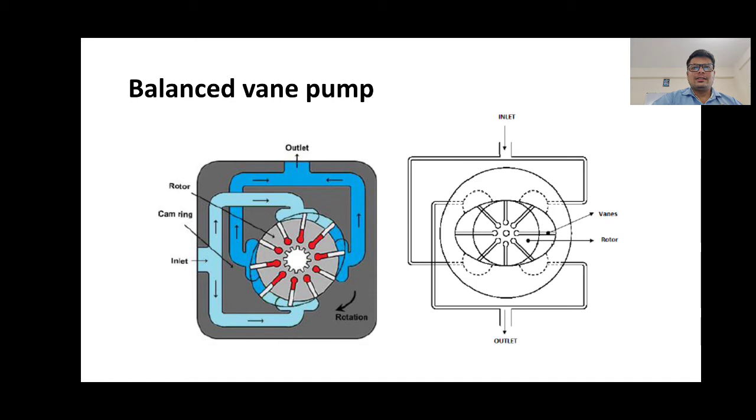Pressure loading still occurs in the vents, but the two identical pump halves create equal but opposite forces on the rotor. So due to that, the net force acting on the shaft and bearing becomes zero. So it is under a completely balanced condition. So we can increase by a significant amount the lives of the pump and the bearing, and also the sound and vibrations are decreased in the running mode of the pump. This is known as the balanced vent pump.